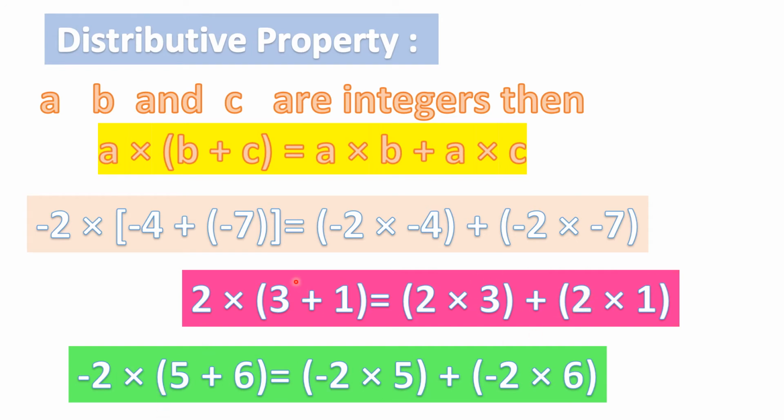You can either first add 3 plus 1 and then multiply the answer with 2, or you can give this 2 to 3 and to 1 also. So first I gave 2 into 3, then I wrote the plus sign in the middle. Then I gave 2 into 1. Then I multiply and add, so I get the same answer, right? That is the exact same thing that I did in this example and in this example. Look at it once carefully.